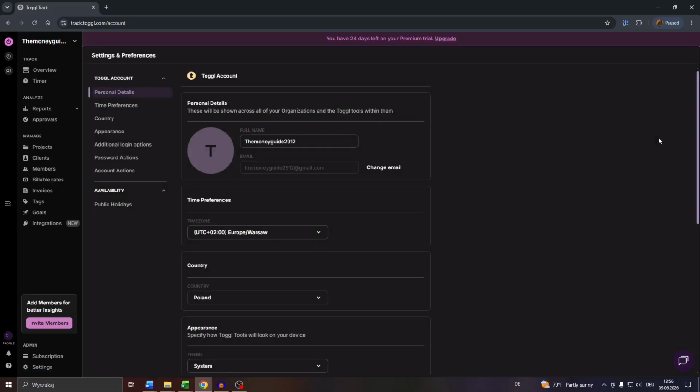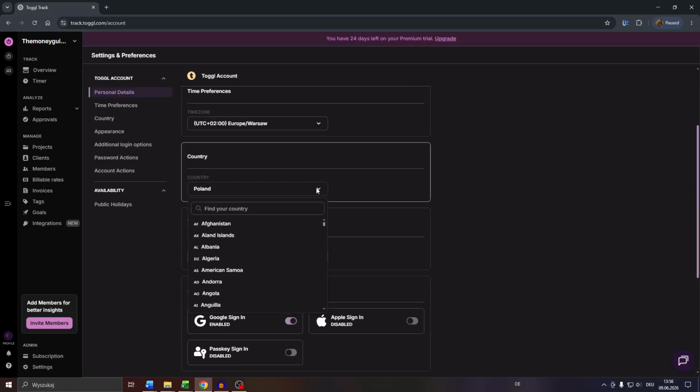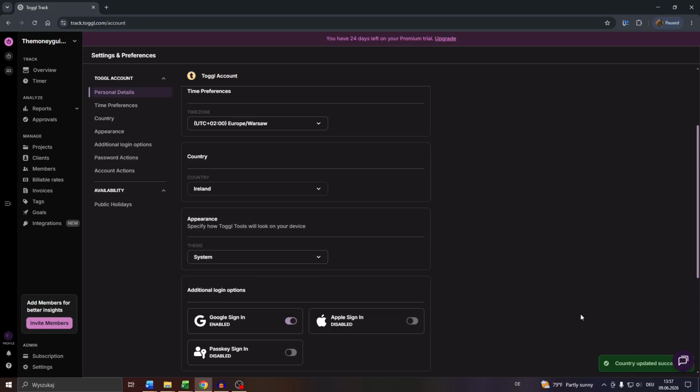Now guys, what you want to do next is navigate to the personal details tab on the left hand side. And here scroll down, and under country, you will see your current country. Click into that drop down menu and choose the country from that list. Let me go with Ireland for the sake of this tutorial, and you will see that the country has been updated successfully. So let me switch back to Poland,